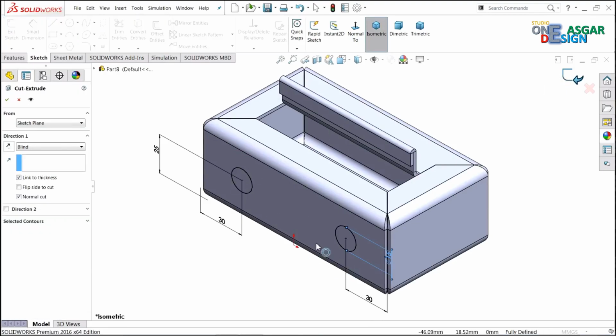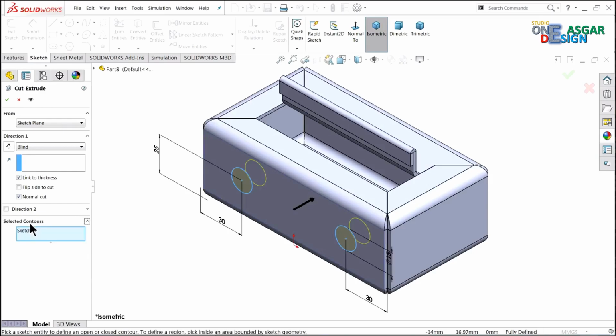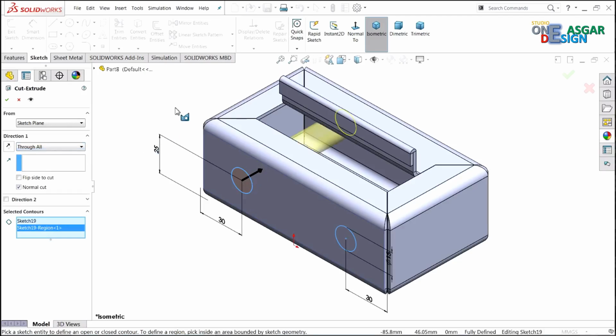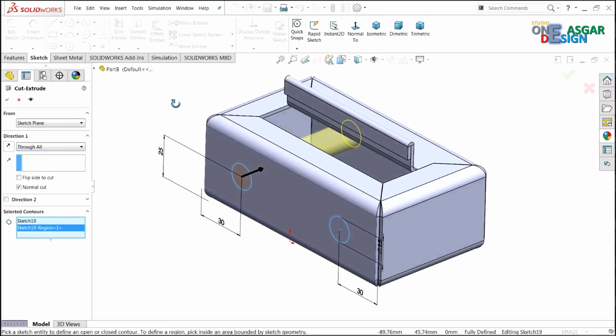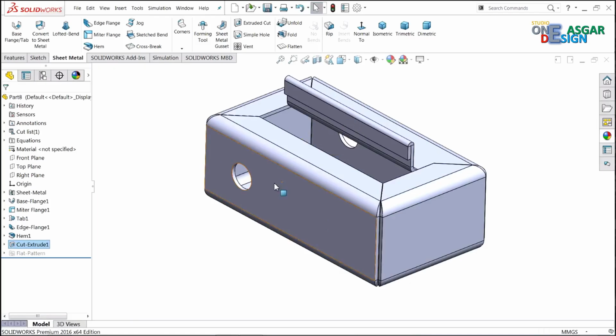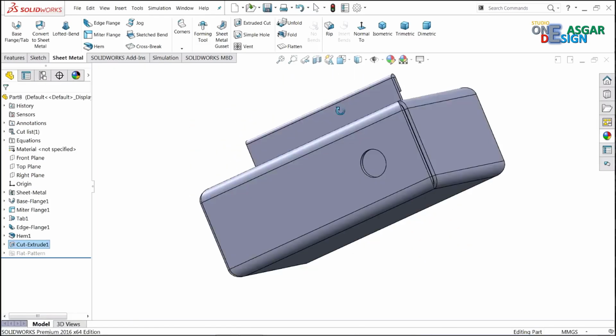Exit. Once you click exit, it's going to trim both the circles, but we want to choose only one, so just go to selected contour, choose one circle. Here you can select through all, so that it's going to create a hole in both walls. Okay, but we selected only one circle here. Now see,